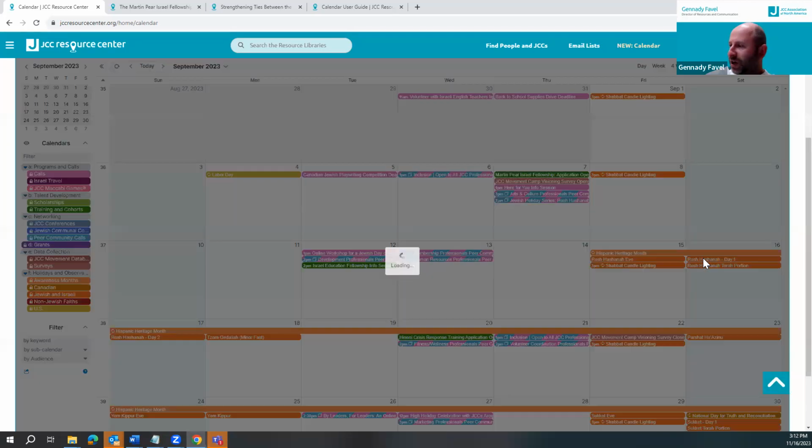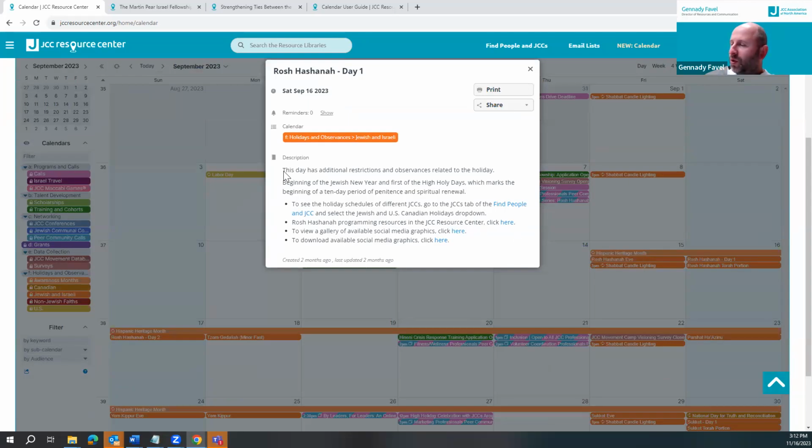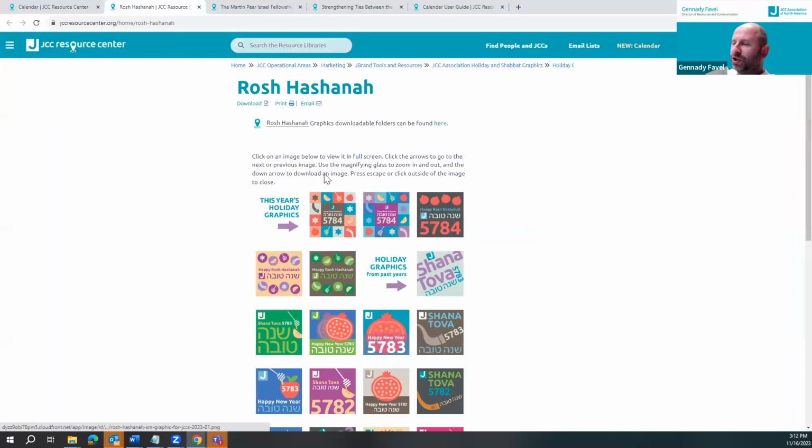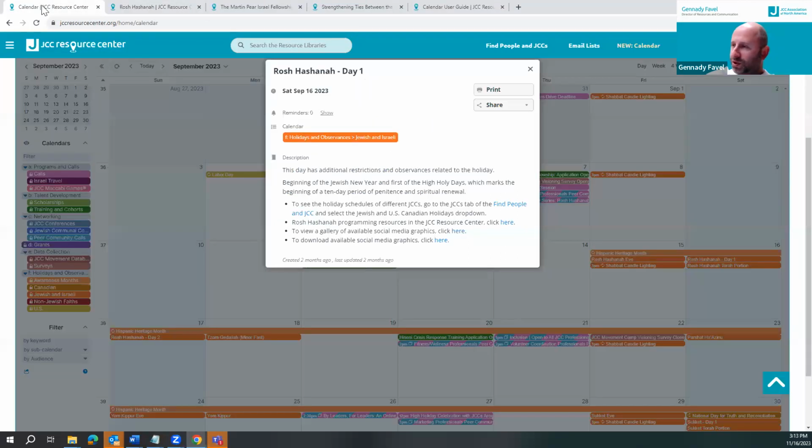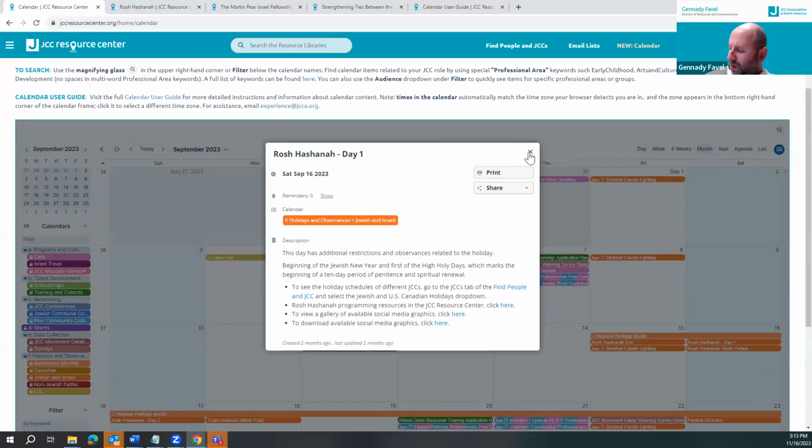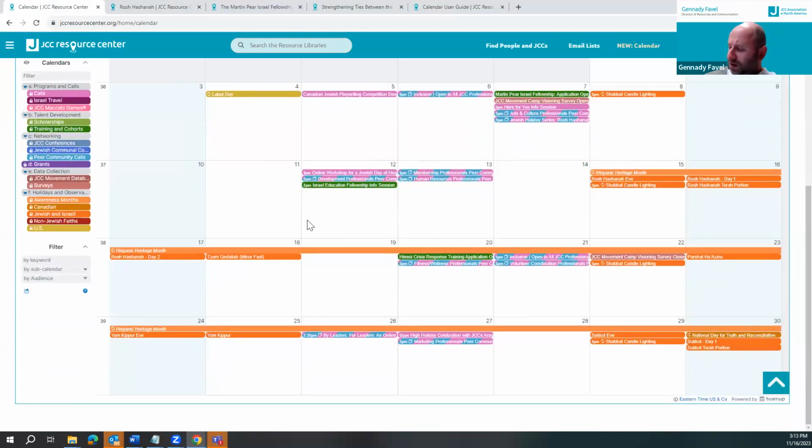For example, Rosh Hashanah, it tells you what this holiday is, and we have resources for it. We have Rosh Hashanah programming ideas, and we have social media graphics for Rosh Hashanah. I'll click here, and it takes you to the Rosh Hashanah graphics page on the resource center. Okay, so these are the details that you'll find in the different opportunities.